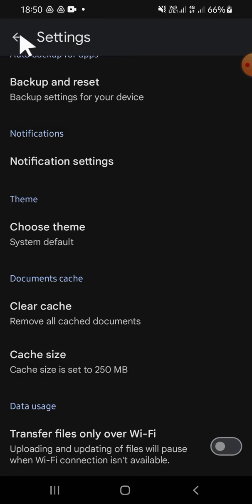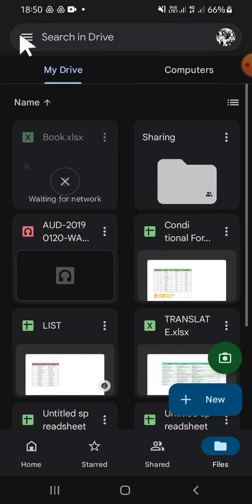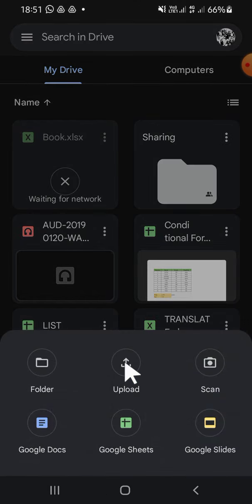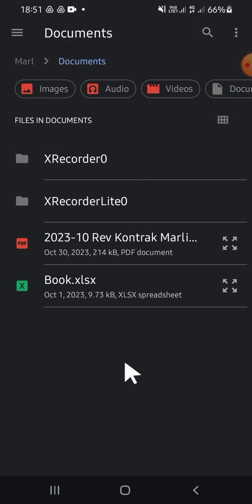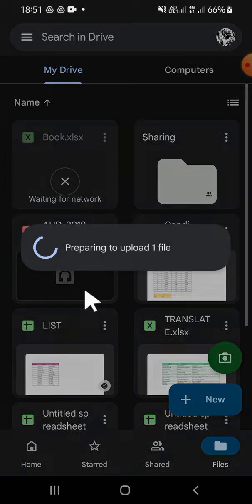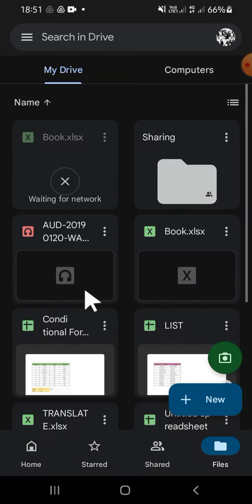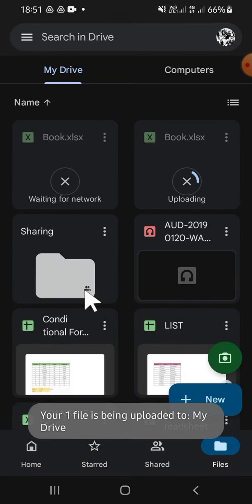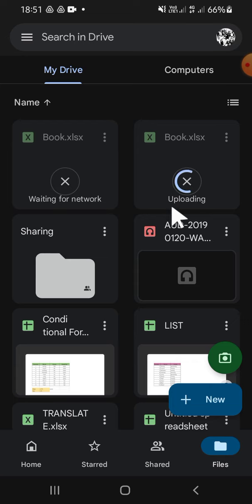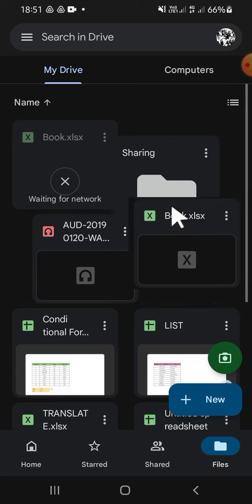Then we can go back to the previous section, and I'm going to upload the same file. So we can tap on new and tap on upload and just wait. Okay, I'm going to upload this file as well. Alright, and now the uploading process has been started, and we have to wait until the